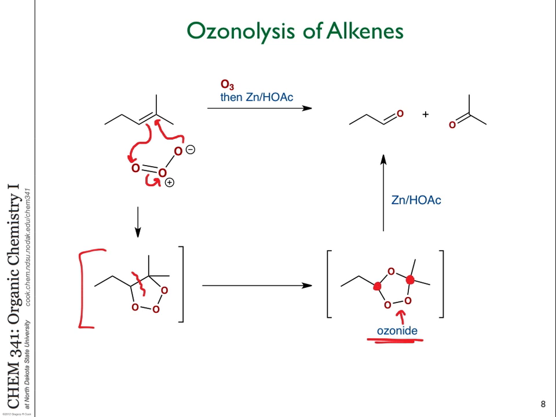And the second addition here, you might have wondered why we add the zinc to this. The zinc's job is to actually reduce that OO bond, and then this collapses to form 2 CO double bonds on either end,